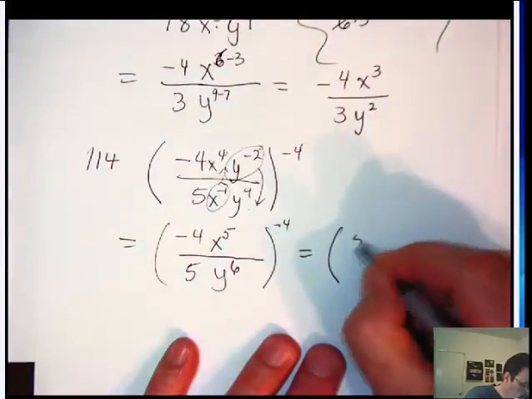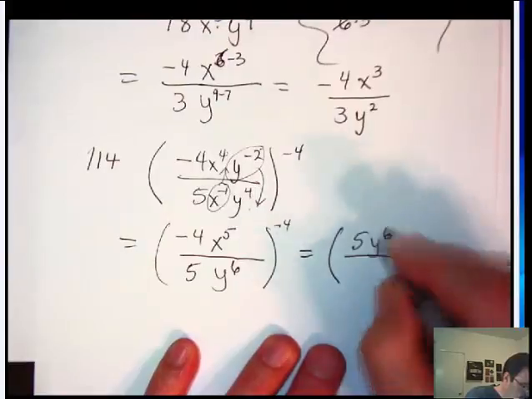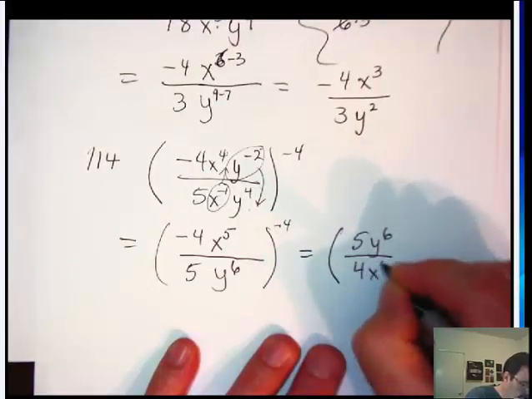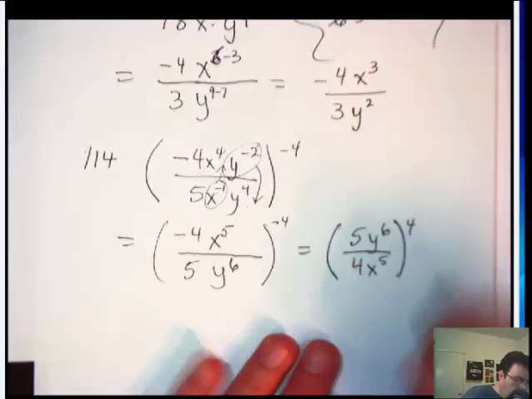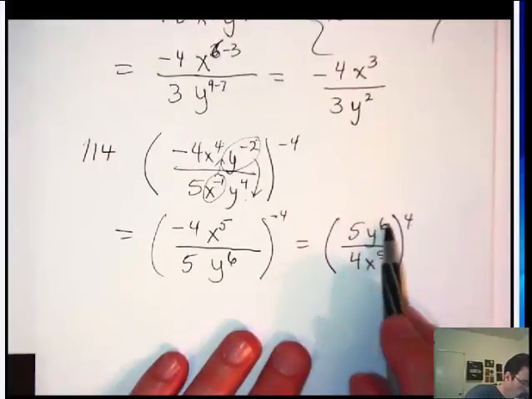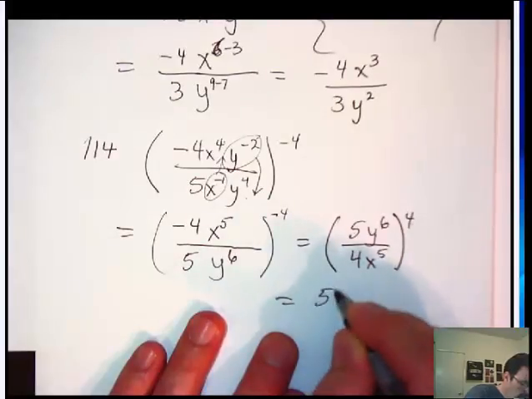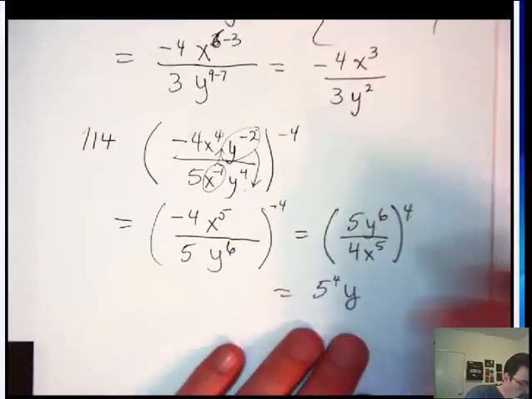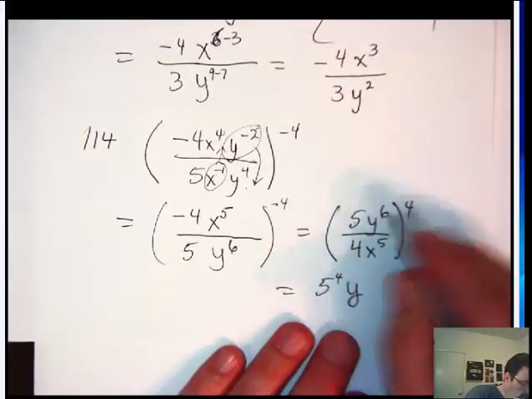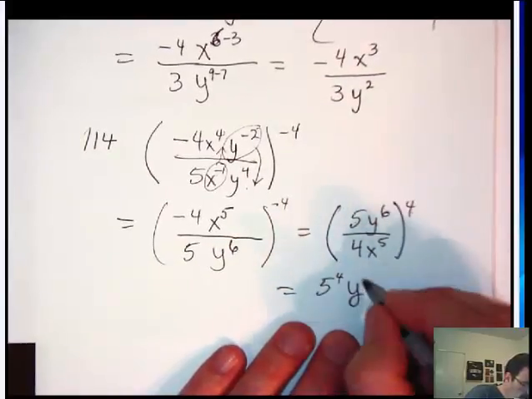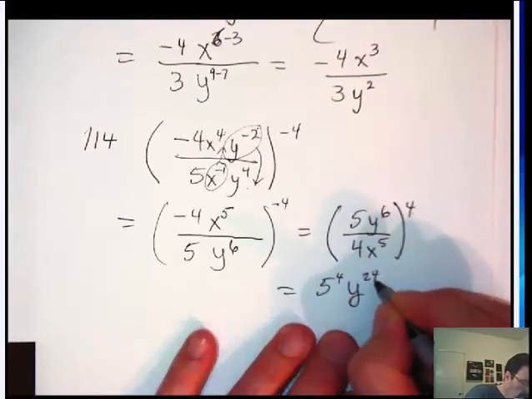Now the negative, so now here I do it in 2 stages. So the negative flips the fraction over. And then now I'm going to raise each thing to the 4th power. So that'll be 5 to the 4th, which is 625, I believe. And then 6 to the 4th, so power to power,